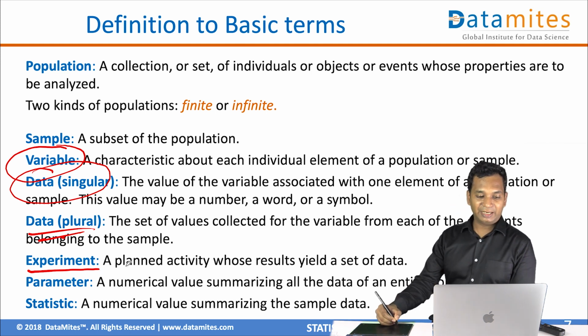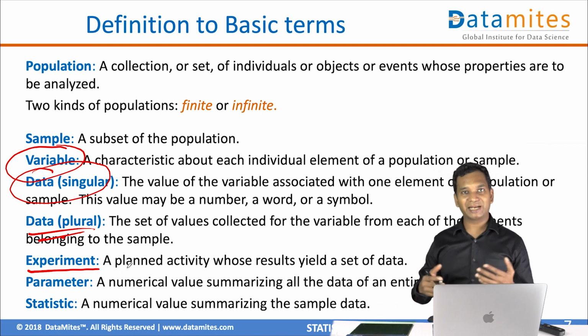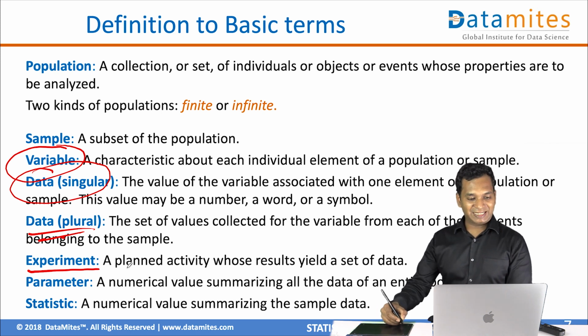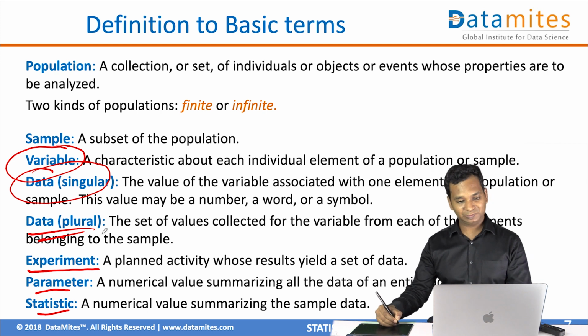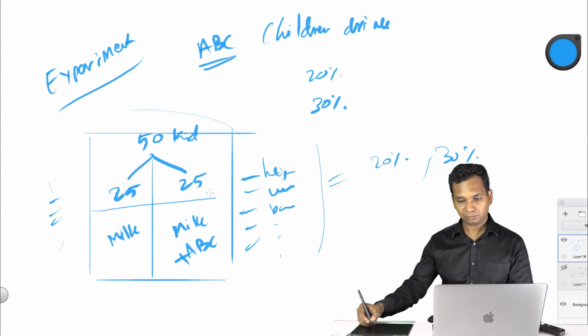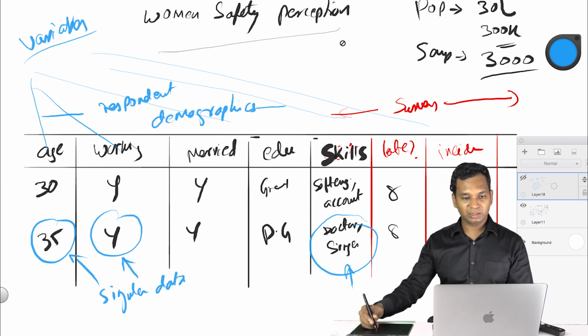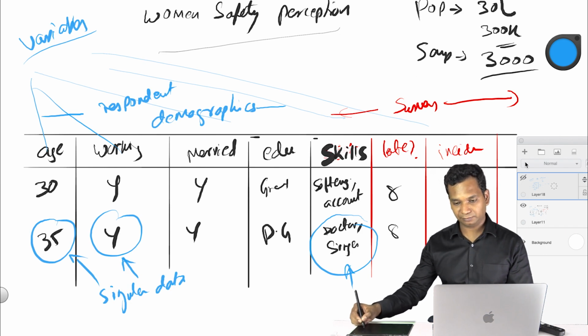So if you can see, experiment is a planned activity, also constrained activity, controlled activity, whose results yield a set of data. That's your experiment. And then you have two more basic terms in statistics we often use, parameter and statistic. Look at the parameter. So in the previous example, we have this,